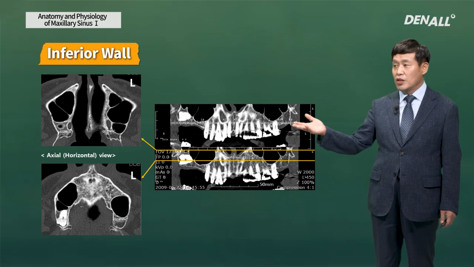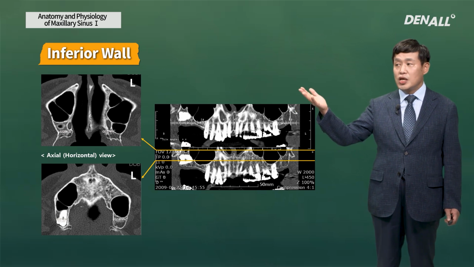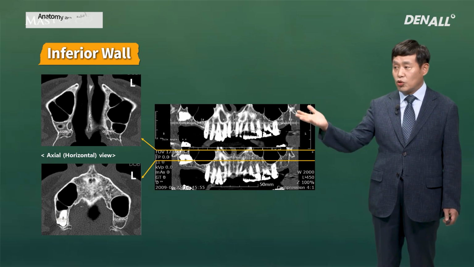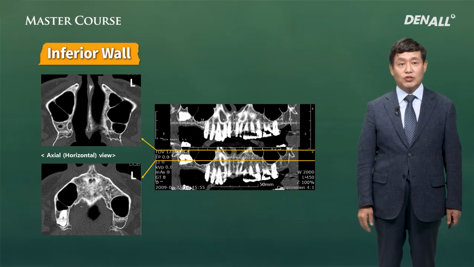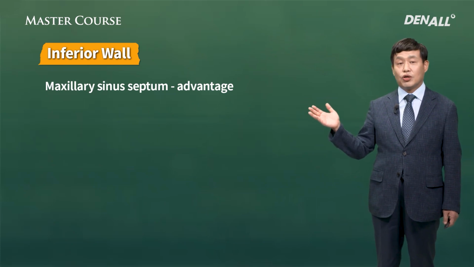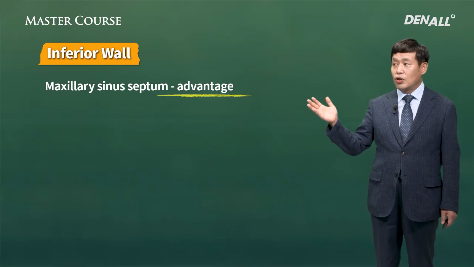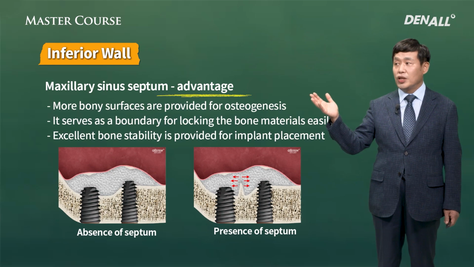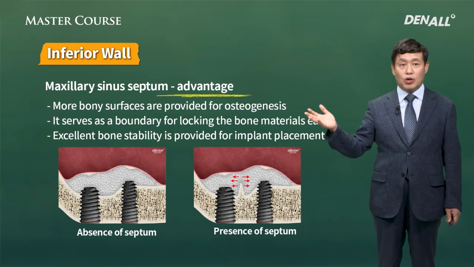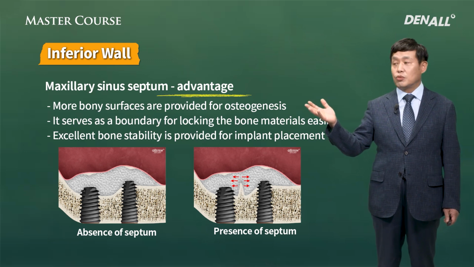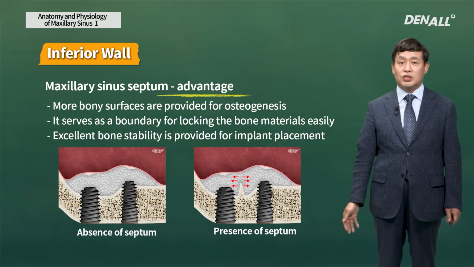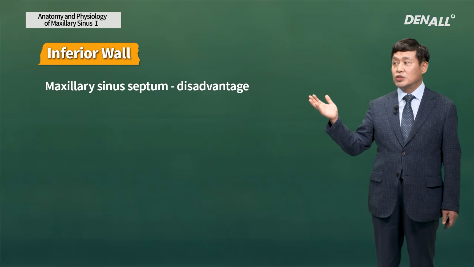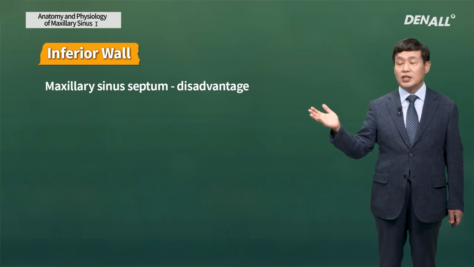In this case, in the axial section, 2 or 3 compartments are observed, or they are combined together, depending on the axial view. The septum has advantages too. When you place an implant, it can provide more bony surfaces for osteogenesis. That's an advantage, and it helps the implant stability. However, in general, the septum works as a disadvantage,